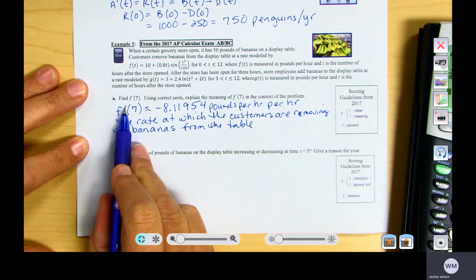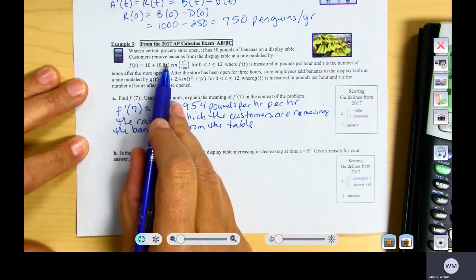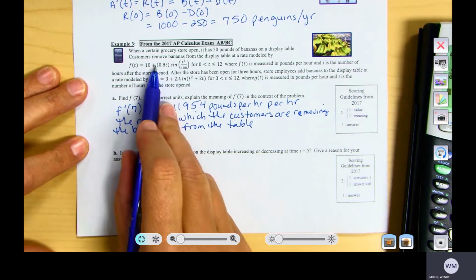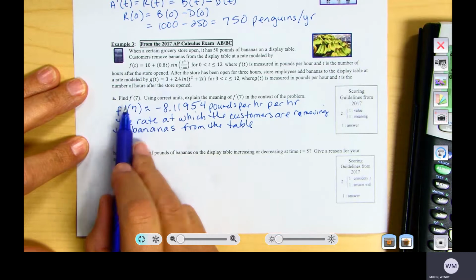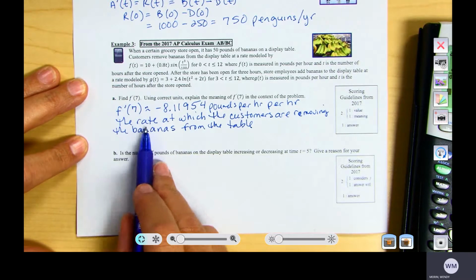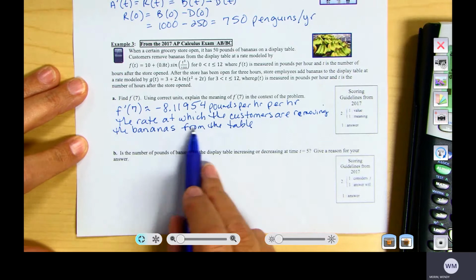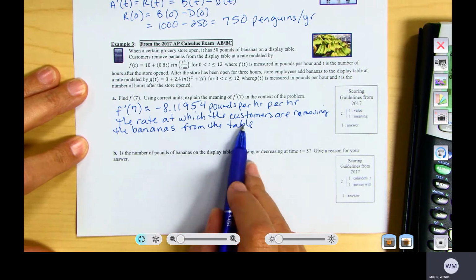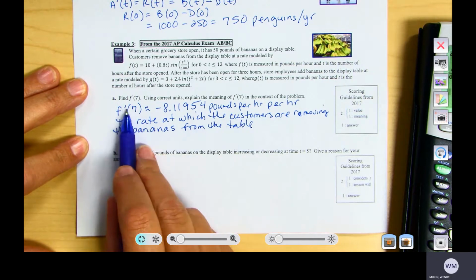Now, this is the derivative of the rate. Okay, so this is a rate. You took its derivative, and you're going to get another rate. The rate at which the customers are removing the bananas from the table, because this is negative,